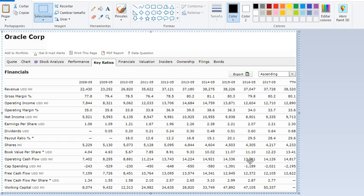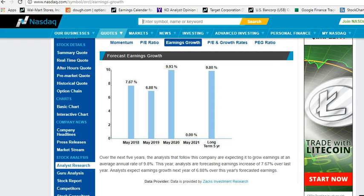And why do I say this? I say this because of its gross margin metrics, its net income metrics, the fundamentals over a 10-year period. Look at its free cash flow, it's gone from 7 to 12 billion over a 10-year period. There is nothing to say that the trend is not your friend here. Yes, there may be some short-term weakness, but at present, it looks like we have a pretty good setup here,